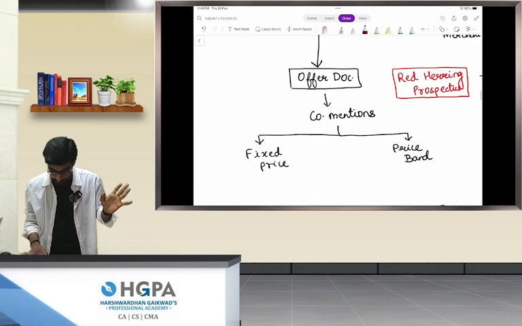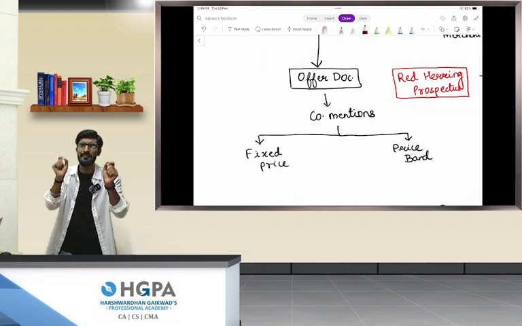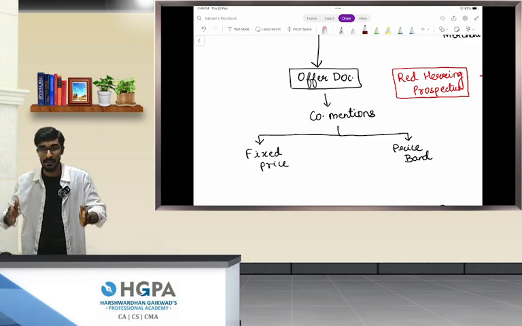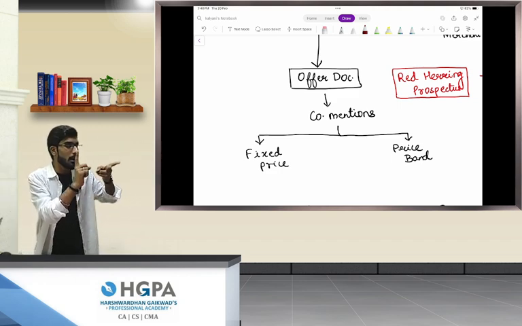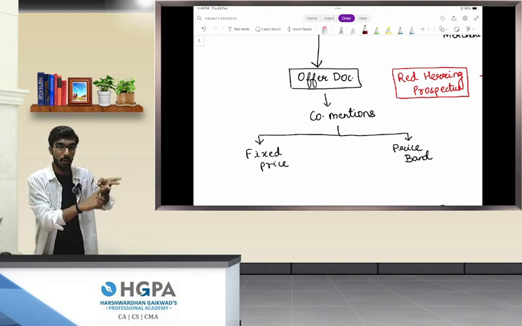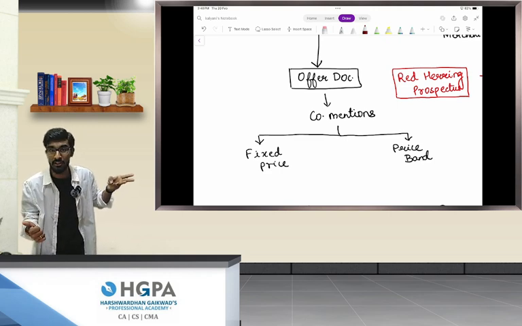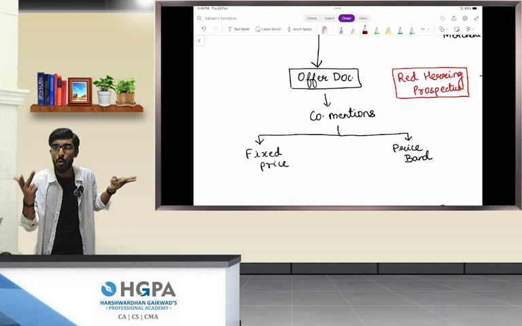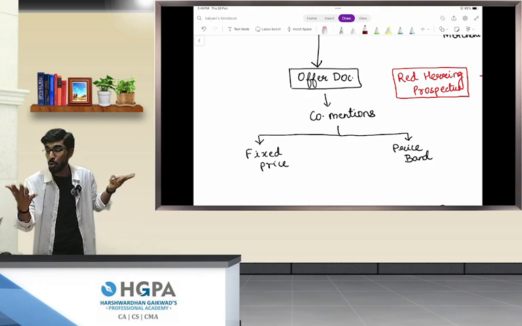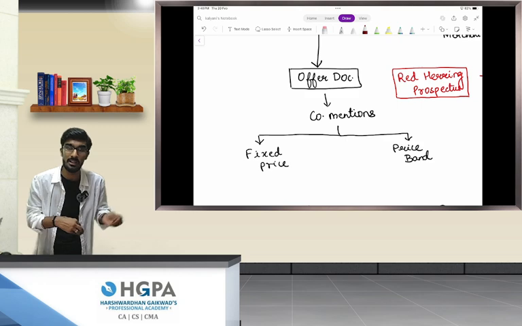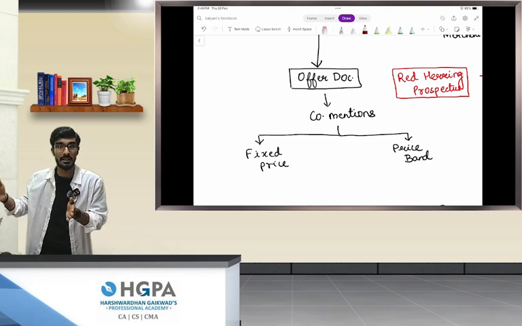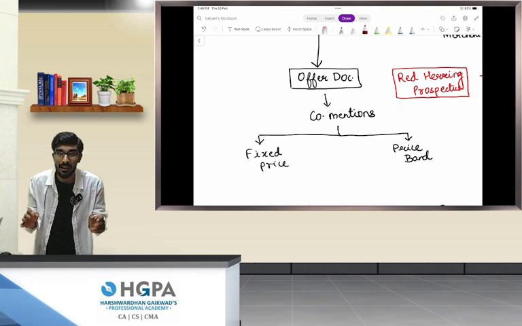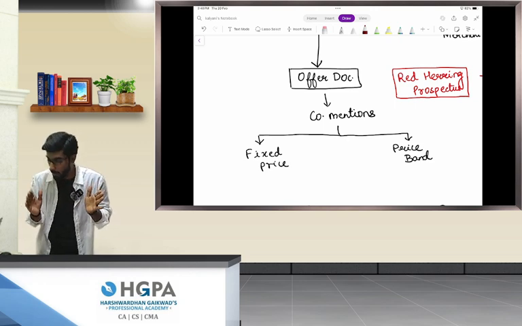Next is offer document. Basically, people, the offer document mentions every single thing about the IPO. What is the name of the company, what is the IPO size, who are the intermediaries involved, who is the merchant banker, who is the lead merchant banker, who is the underwriter, who is the syndicate bank, who is the registrar to the issue, who is the banker to the issue, who are the promoters, who are the directors, what are the shareholding patterns, what will be the duration of the IPO period, whether it is 4 days, 5 days, 6 days, 7 days. Every single thing about the IPO is mentioned in the offer document.